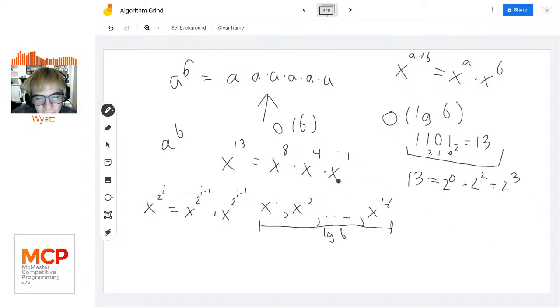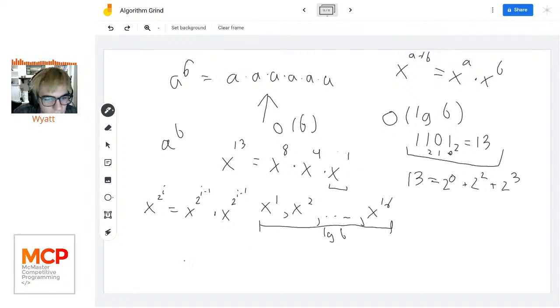When I'm looking at the first thing, if this bit is set, then I'll multiply by x. And then in my next one, I multiply by that value squared, effectively. If I had an x to the 2 in here, which I don't, I'd multiply by x squared. So on my ith iteration, so to speak,